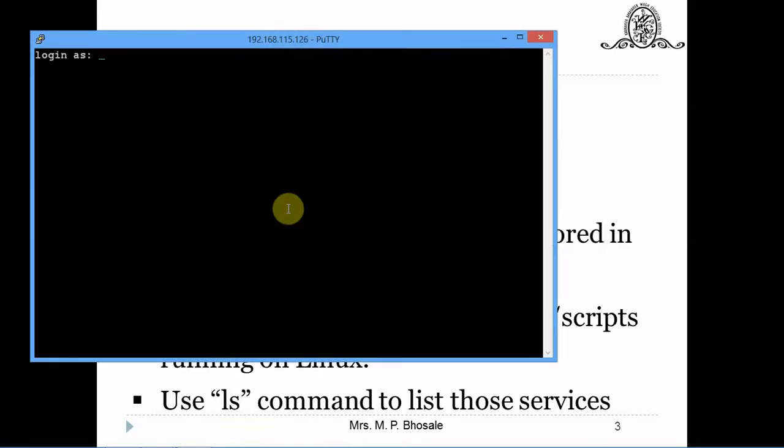Now here we can log in as root. Here we have to enter the password for the root user.